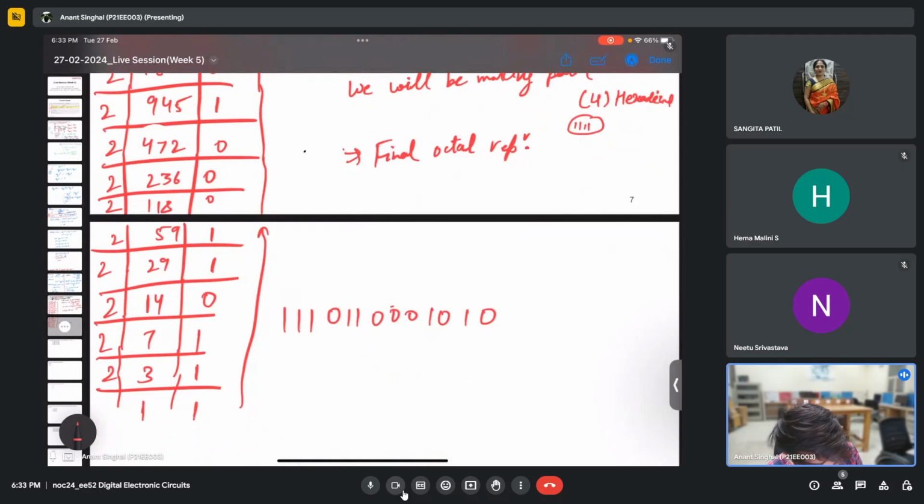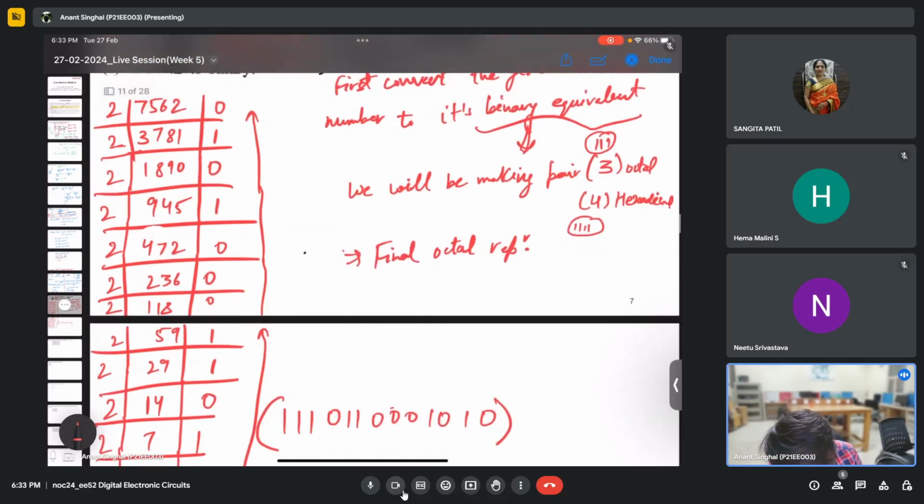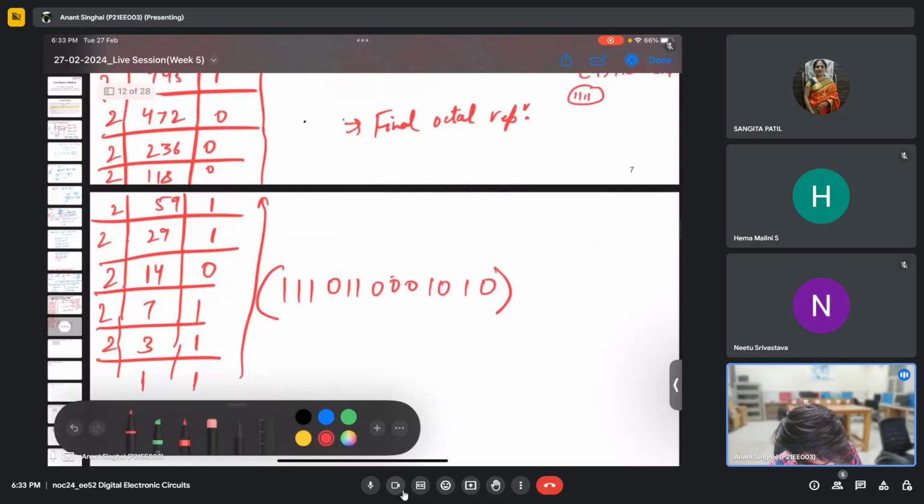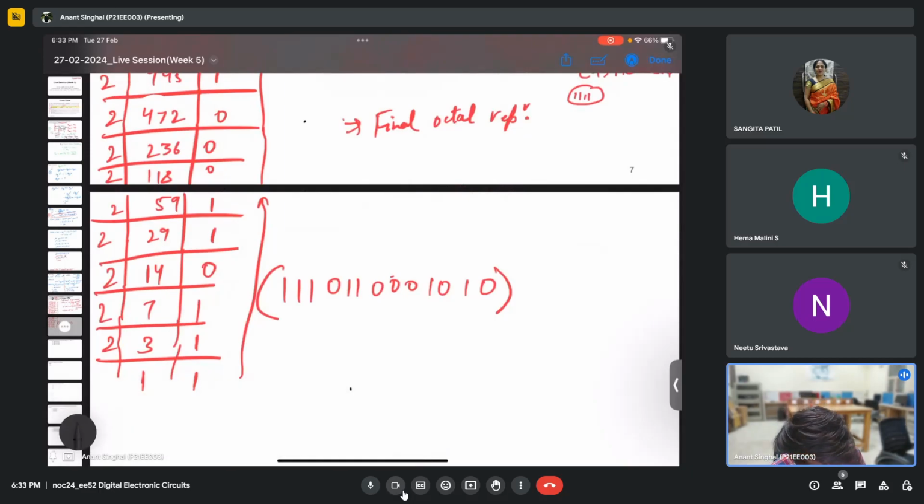I hope you are getting the same, because I've done the basic conversion only here. So now for the octal representation, what we need to do is make groups of 3 from the right hand side. So this is 3, then sorry,